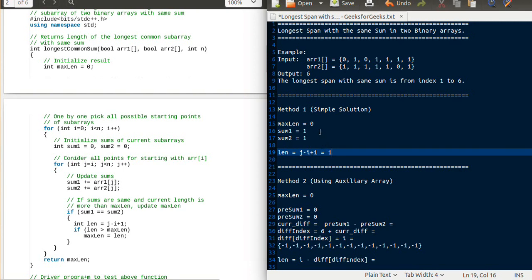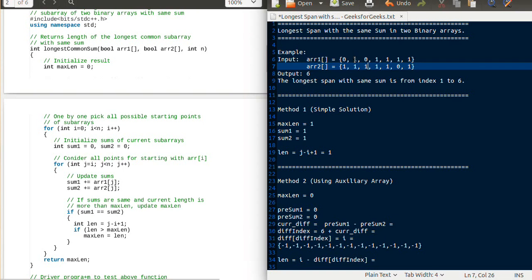Now we'll update max length accordingly. And so on, we'll keep on incrementing j. When j becomes 2, we see that the sums are different now, so we won't make any changes, and so on, for j equal to 3, 4, the sum is not going to be equal for the two subarrays, so we won't be going inside this block.